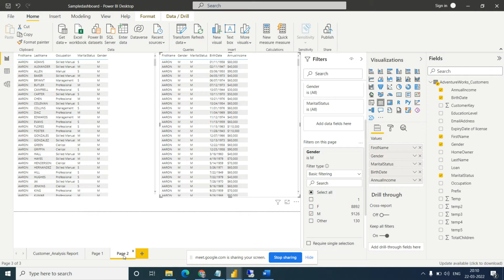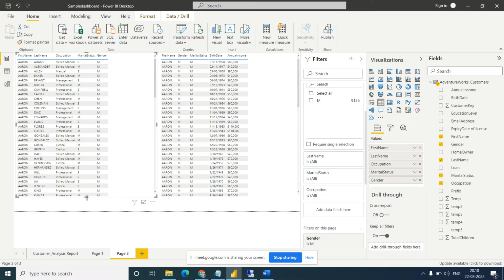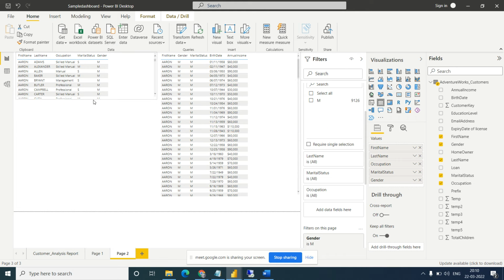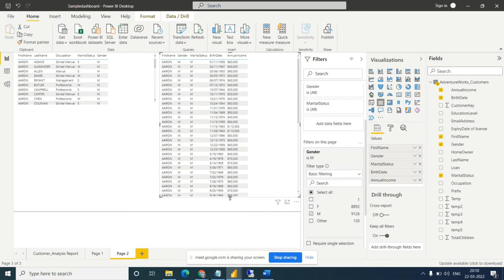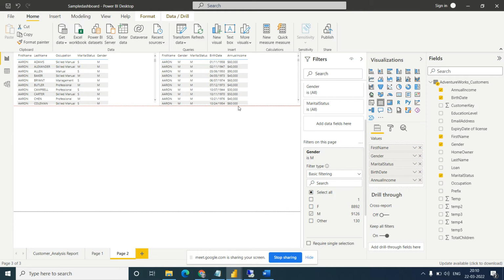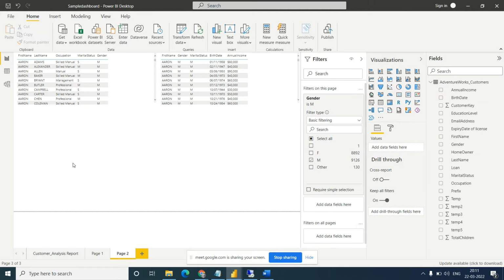This is a page. Page 1, page 2. In page 2 we can add a number of charts. Now this is one chart, right? Let me make this a little smaller and reduce this size. I want to take one more chart. I will take the bar chart this time. So where is the bar chart? Okay, this is the bar chart. Just take a bar chart.